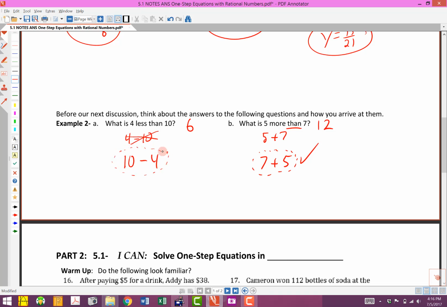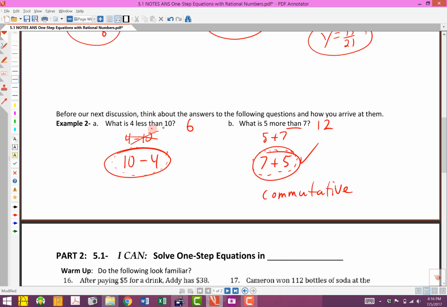So the interesting thing about this is you can do this one either way. Addition is what we say is commutative. Commutative means that you can move the parts of an addition problem around and you get the same answer. That is not true with subtraction. So the only way to do this one is this right here, and the best way to do this one